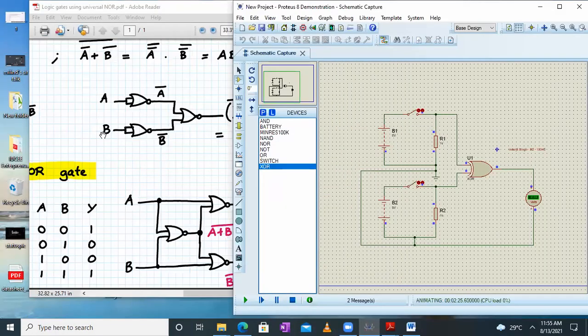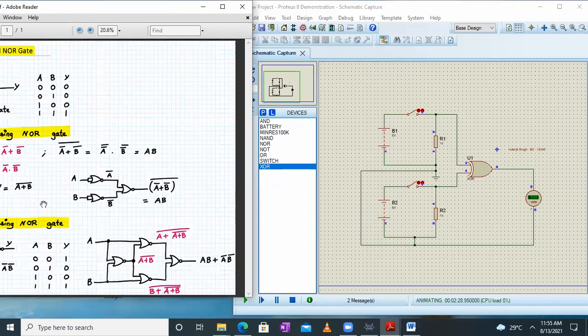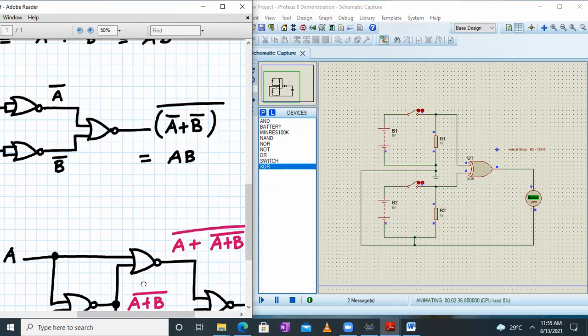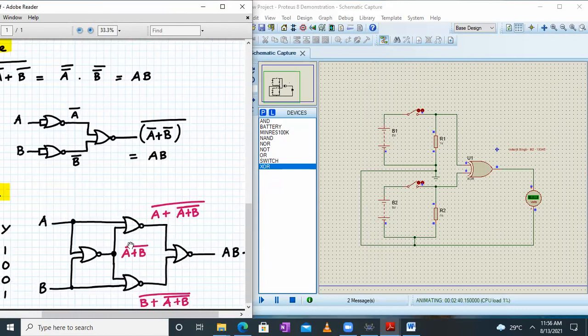So let me keep this open over here. Let me adjust the screen so that it's visible clearly. And now let me focus over here. On the left hand side, we have to implement this network. This is your XNOR gate implementation using the universal NOR gate.